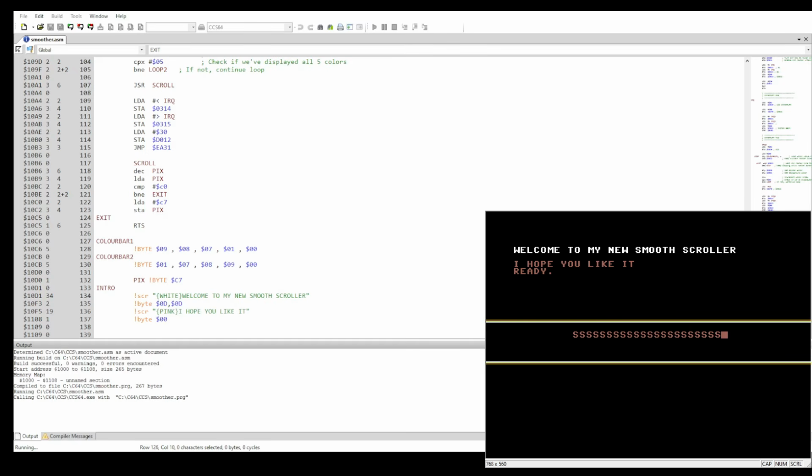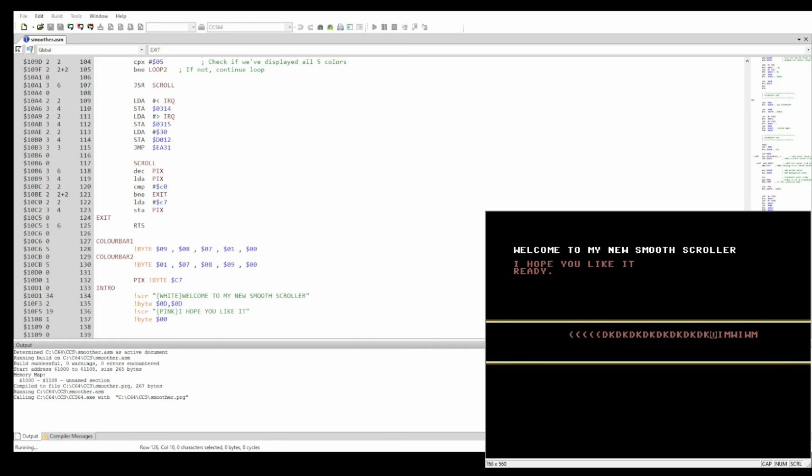The top half is not because we've put 200 into 53270, but here we've told it to keep shifting left from C7 to C0. It's not really moving, it's just shifting the screen. It has the appearance of actually moving. If you look at it, I'm not sure how it will appear on the final video, but if you follow it with your eye, it does appear like they are smooth scrolling over, but they're not. The screen is just shifting. See what I mean? If you look at the non-equal characters, non-similar characters,